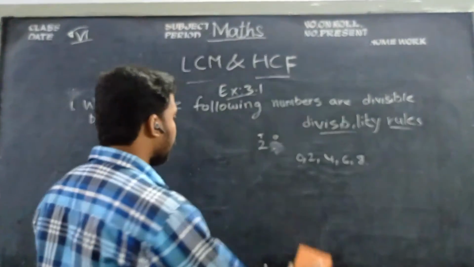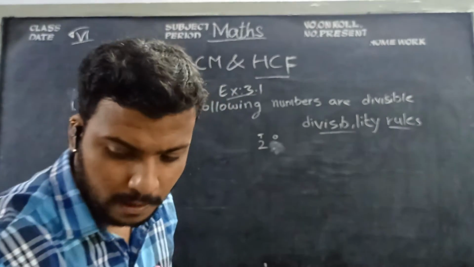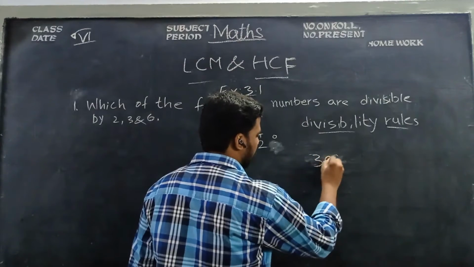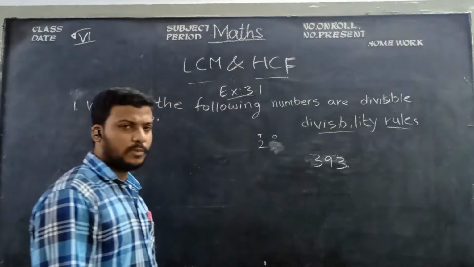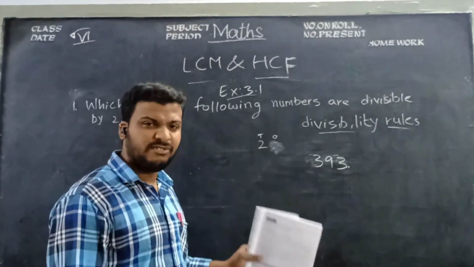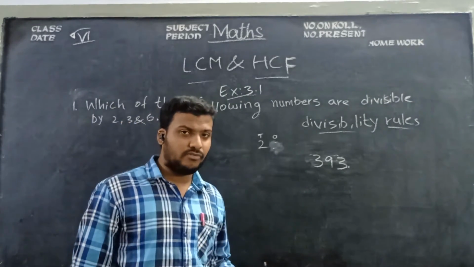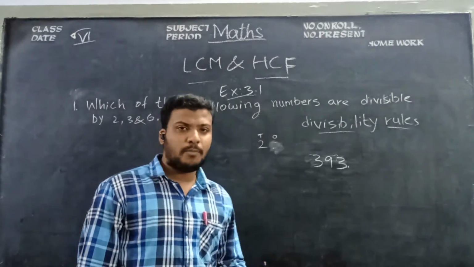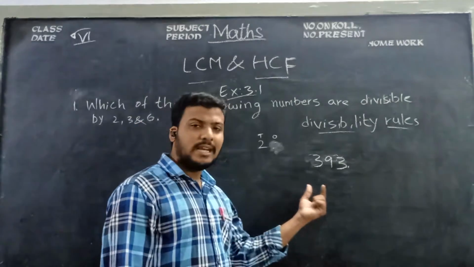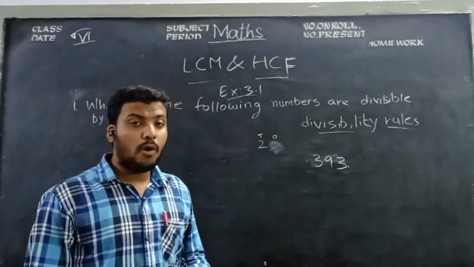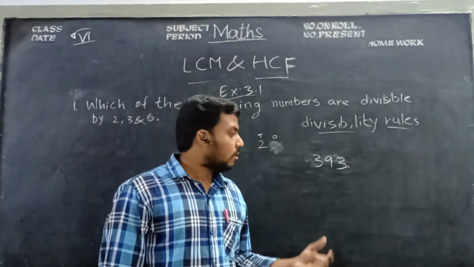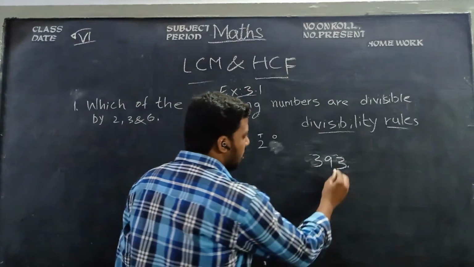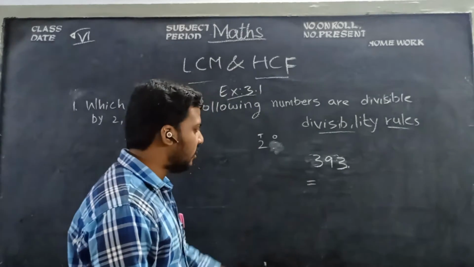Next children, here 393 means it is a 3-digit number children. And if I ask you like this, whether this number is divisible by 3 or not, if you have a proper command in tables, you can say. But if you don't have that command, how can you say children? So simply you can say by sum of the digits, like 3